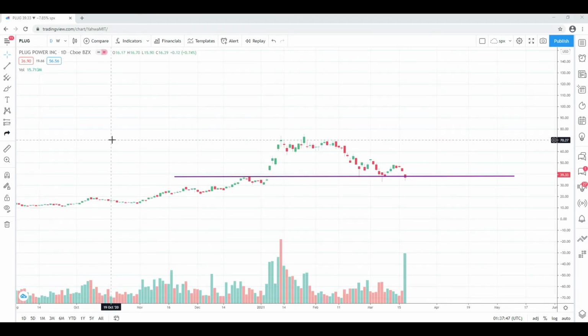All right, so again, a follow-up on PLUG. I'm not in this trade. I'll pay attention to it, but right now, no intentions on getting into this trade. But when I did the analysis yesterday, the stock closed at around $41, and after hours, it was down an additional 11%, and I saw a quote around 37.65. Essentially what I said was, heading into tomorrow, which is essentially today, I would expect the stock to